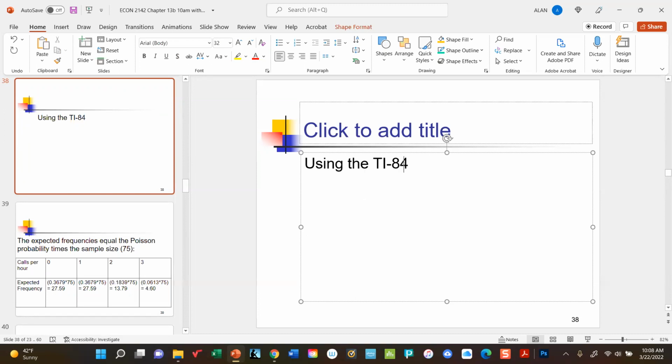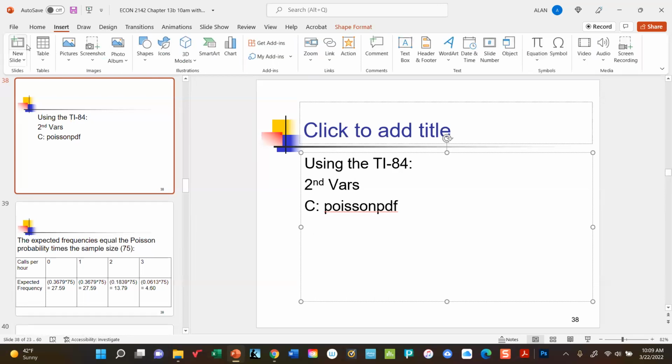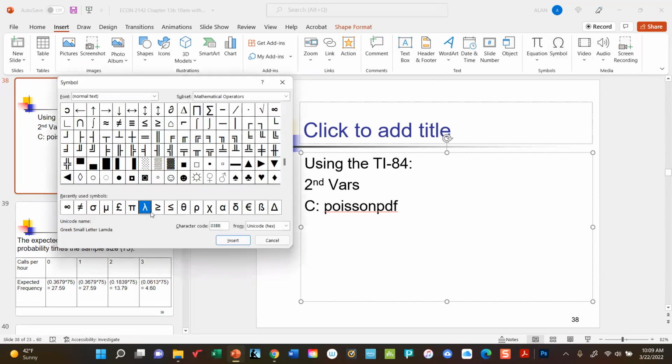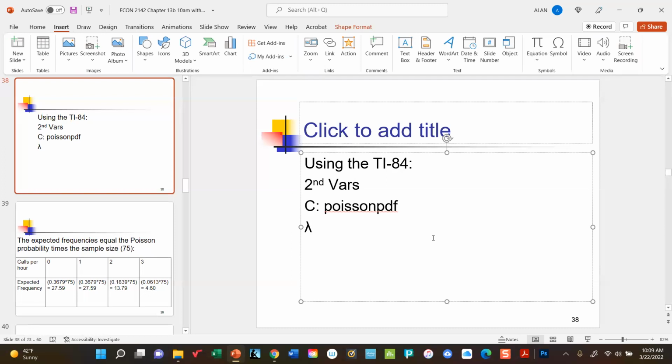What you're going to do is go to 2nd VARS, as is so often the case. The function you want is way down. You have to scroll all the way down to number C, which is Poisson PDF. By the way, make sure you pick PDF. There's a CDF in there too. Do not pick it. When you get there, it's going to ask you for the lambda, which is right here. In this case, we're looking at 1. Then it'll ask you for the X value, which depends on which one you're looking at. So let's say you're looking at 0. You plug that in,